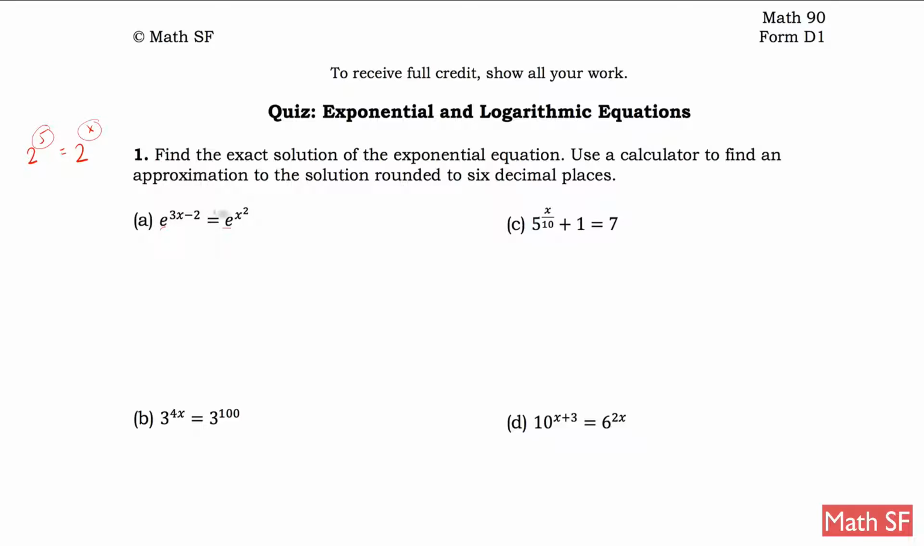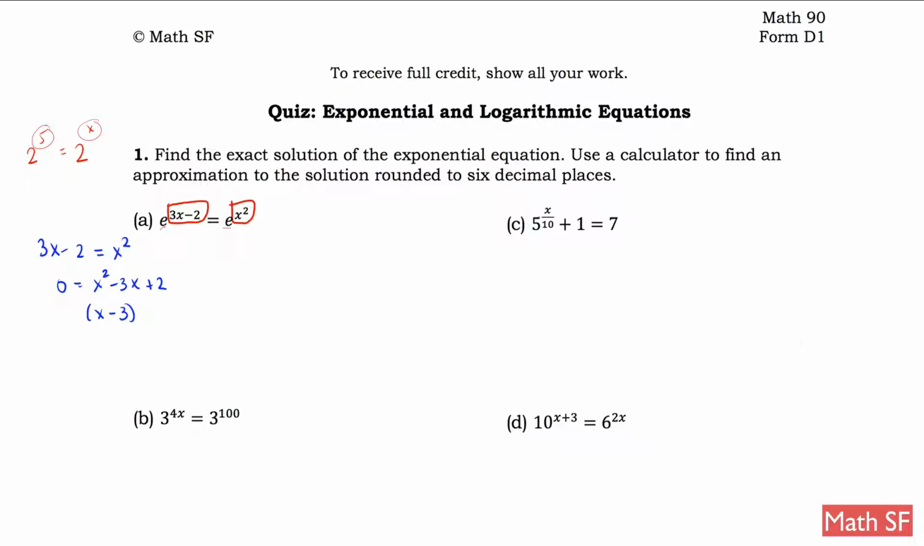So if I have e and e here, they're the same base. Therefore, the powers, the exponents here, should be identical. So I will say that 3x minus 2 is equal to x squared. So from here, I can use a procedure to solve this quadratic equation. 0 equals x squared minus 3x plus 2. Factoring this, we will obtain x minus